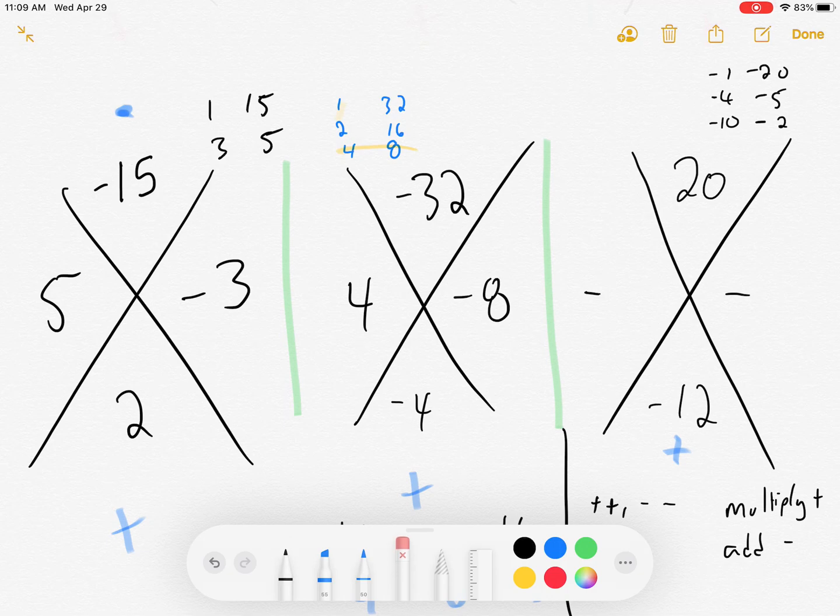So out of these three combinations, I'll try to color code them: blue, yellow, and green. Which ones add to be negative 12? Well, negative 10 minus 2 is negative 12. Okay, I hope that helps, and I will talk